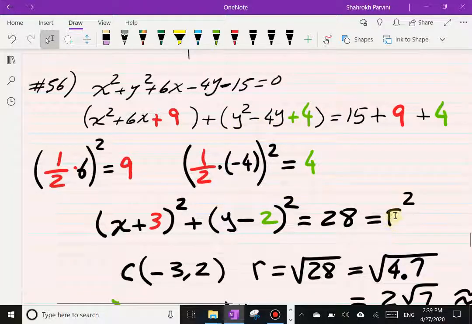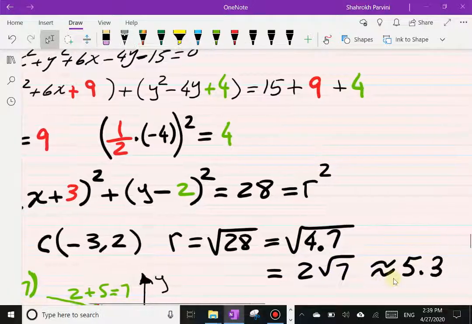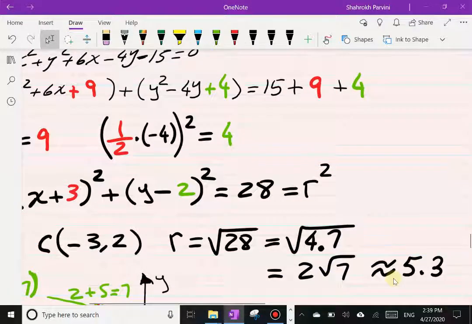Now, to find the radius, we take the square root of 28. So the exact radius is going to be 2 root 7. Right, that's simplifying the radical. And if I want to graph it, I need to know approximately how much that is. Square root of 7 times 2, if I did it right, is about 5.3. So this time I'm going to go to the right, to the left, north, south, 5 units to draw my